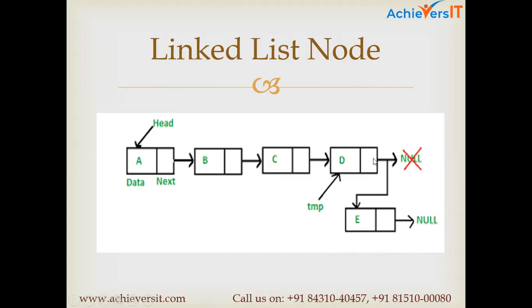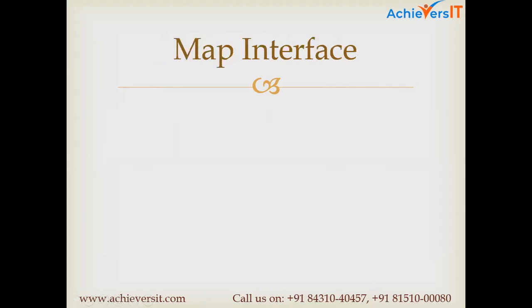So the last node will have no address of the next node because that will be the last. At that time, it will be null. If at all you add one more element to the same list, then that address will be stored in the previous node, and the last element, whichever it is, will hold null as an address value. Okay, so this is how the linked list node works. I'll show you this example in Eclipse, and then we'll go to the map interface.